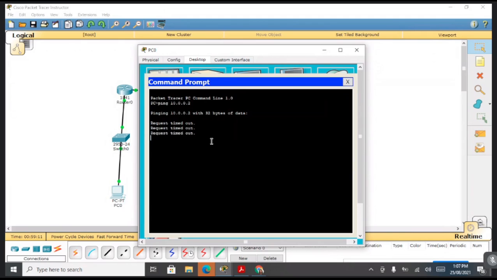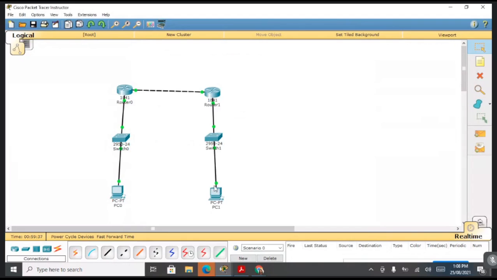So for that we have to make the routing protocol on both sides, which is nothing but your static route. Here, packets sent 4 but received 0, all 4 packets lost, 100% loss. That's why we first have to configure the static route on R1 also.